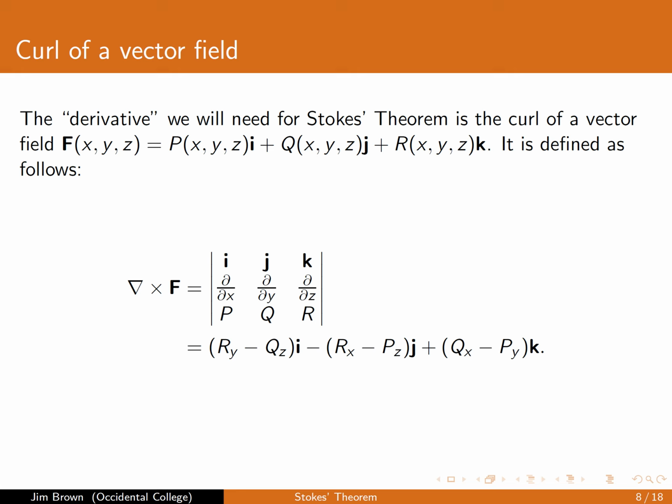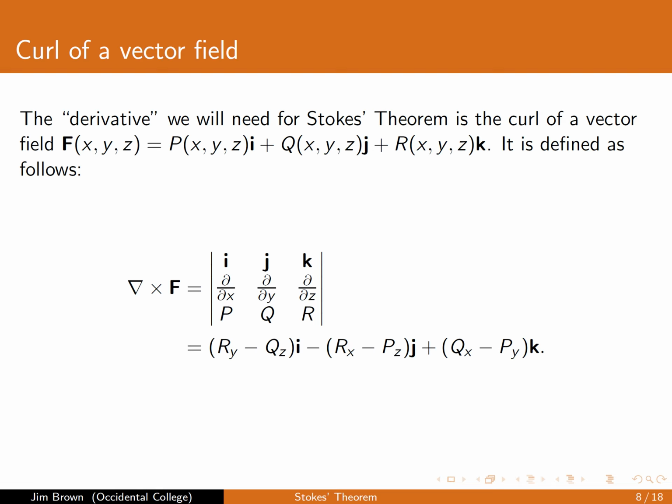Our cross product is always with just vectors before, but we think of the gradient here as having components: the partial with respect to x, partial with respect to y, and partial with respect to z. It's not strictly a vector. This is actually an operator, but for our purposes, we just treat it the same as a vector and calculate it the same way. So if we do our normal calculation for the cross product, we cover up the first row and first column,